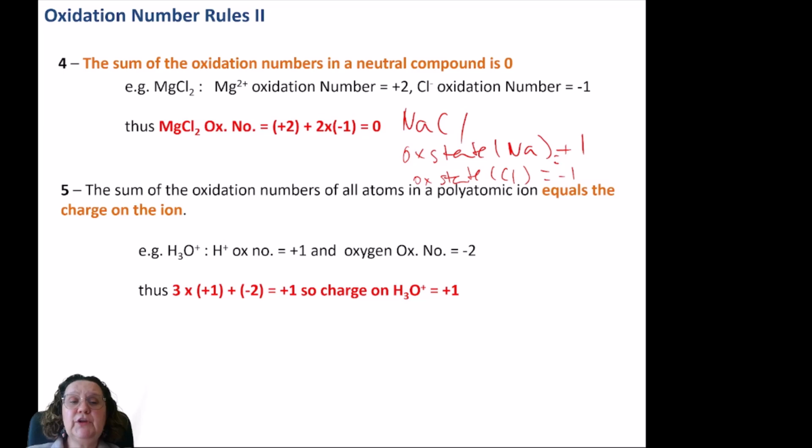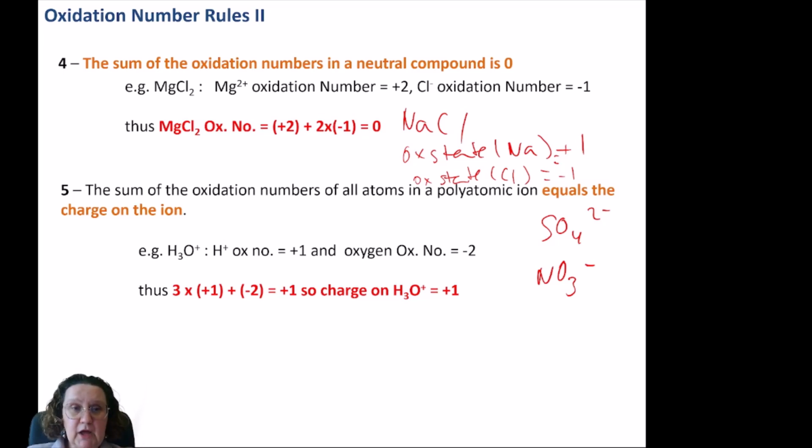And sometimes we don't have a neutral compound, we have an ion. For example, H3O+, the hydronium ion. Or we could have, for example, the sulfate anion, SO4 2-, or the nitrate anion. So sometimes we don't have a neutral compound, sometimes we have a fragment of a compound, a polyatomic ion. So the oxidation numbers do not add to 0, they add up to whichever charge that ion has. So, for example, if we look at the ion H3O+,